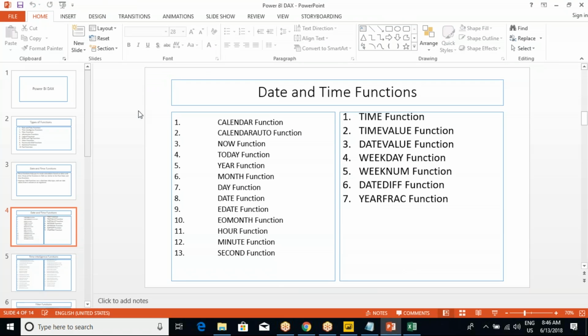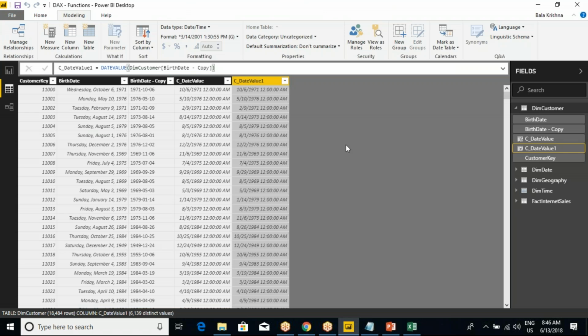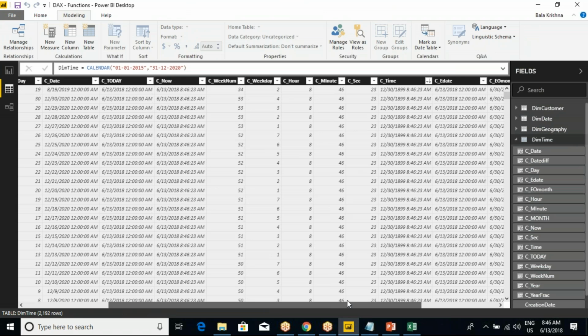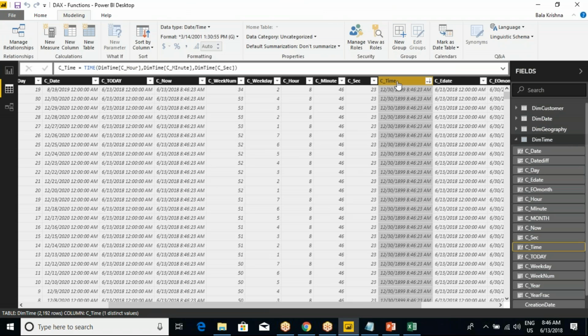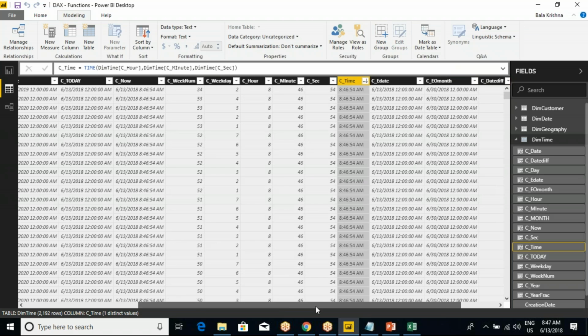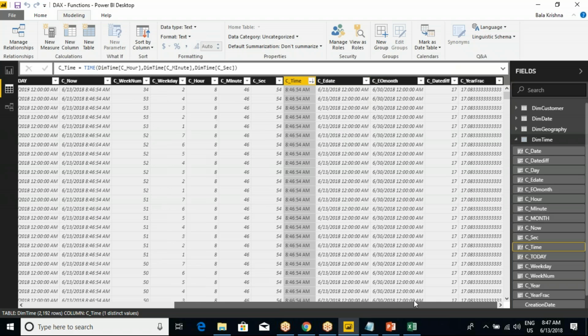All the functions we have discussed. TIMEVALUE is also the same kind of function. If you take any time functions, anyhow we have one function already. I mean one column. Go to date and time. We have a C underscore time function, right? So assume that it is coming as a text format. This is your source column. The moment I convert into text, automatically it is coming as a time format only. So this one you want to convert into